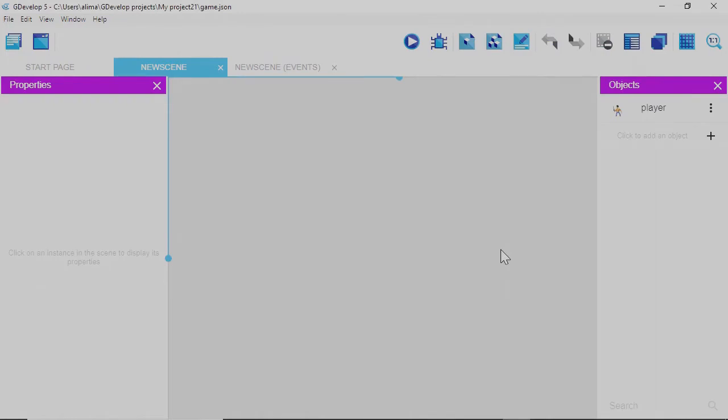Okay, if you're saying why are we bringing in the player, the reason why we brought the player in is because I want to show you how to make a working health bar. And for the health bar to be working, basically what we're going to do is we're going to have the player